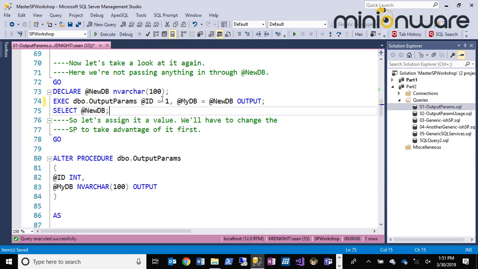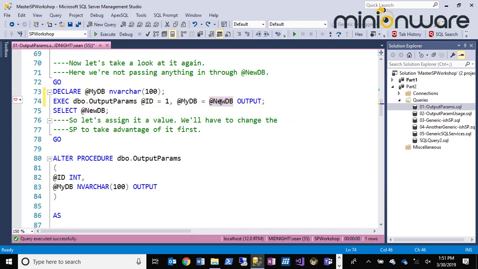Now, here's a question for you. Could I do this? Could I make both of these the same? I know, that's a real head scratcher, isn't it? Of course I can. I just chose to make them separate. I put it new DB so you knew it was the one after it, right? But yeah, you can do that. I do it all the time. In fact, I like to do that. It shows me,